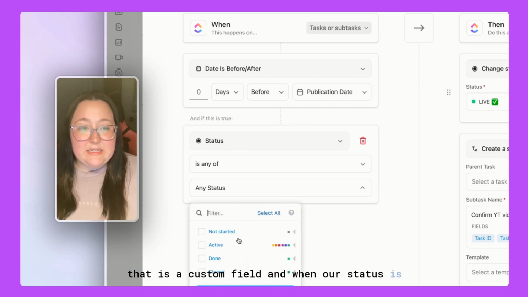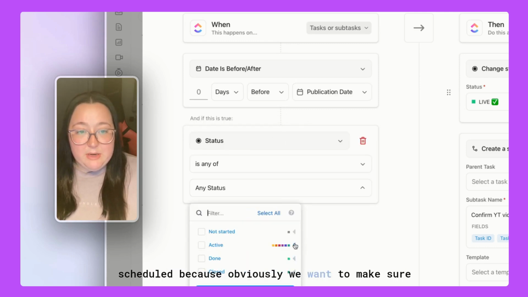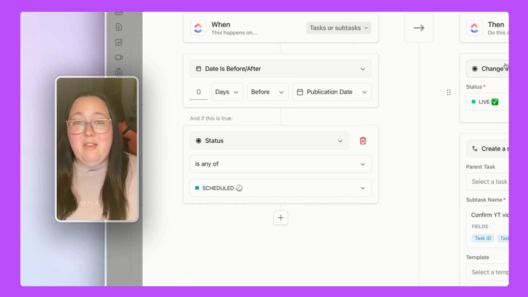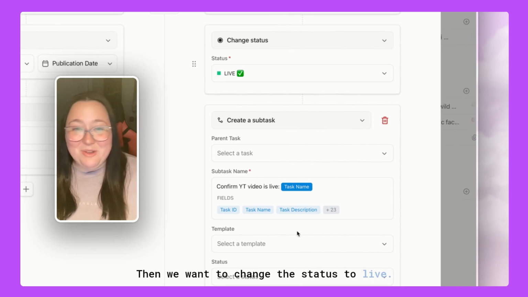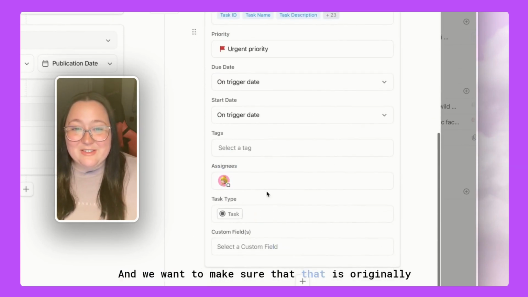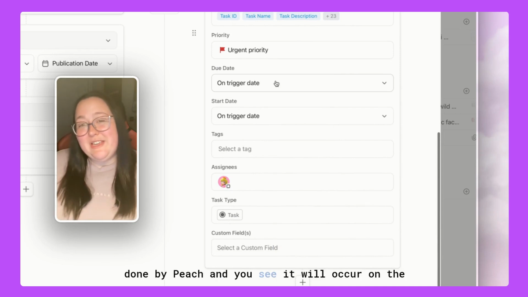And when our status is scheduled, because obviously we want to make sure that it's not something that's still being edited or not ready to go, then we want to change the status to live. We want to create a task to confirm it's live. We want to make sure that that is urgently done by Peach,